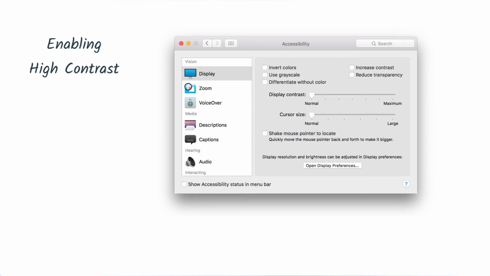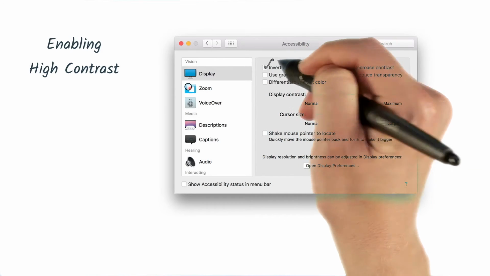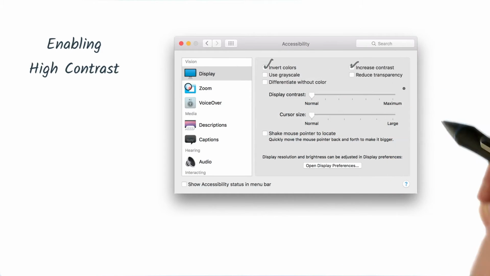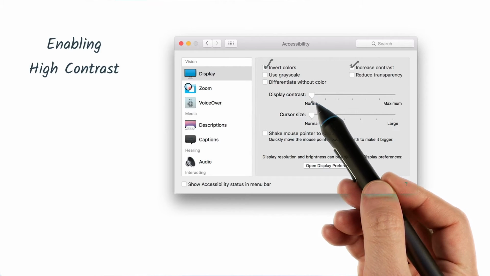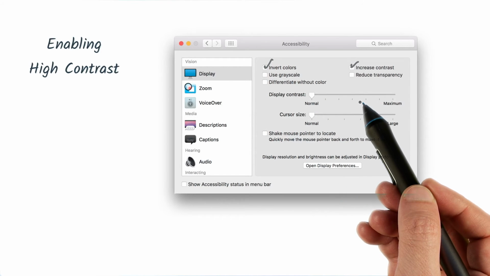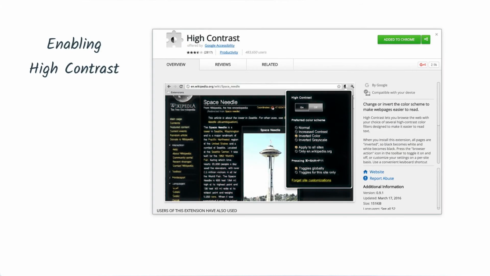Operating systems like Mac OS X and Windows offer high contrast modes that can be enabled for everything at the system level. Here's an example of the high contrast controls from the Mac Accessibility System preferences. I can go in and I can turn on invert colors, increase contrast, and there's also a slider so I can fine-tune the amount of contrast I would like to have. Similarly, users can install an extension, like the Chrome High Contrast extension, to only enable high contrast in that specific